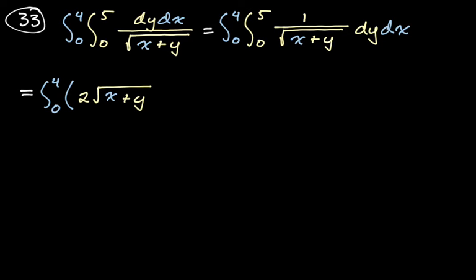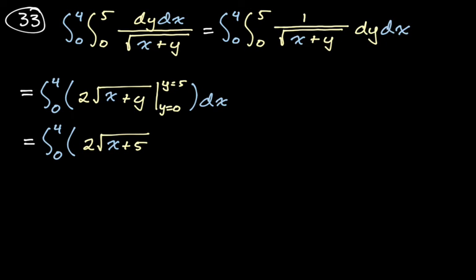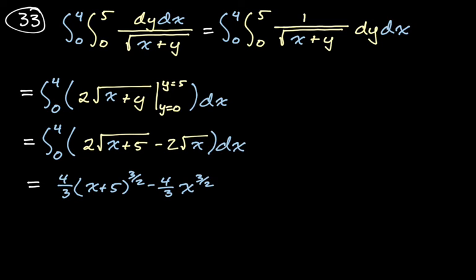We're going from y equals 0 to y equals 5, and then we'll take the result of that, integrate with respect to x. So if y is equal to 5, we get this. If y is equal to 0, we just get this. Now we integrate. This is very much a Calc 1 problem. Always think of radicals as a rational exponent. So square root of x plus 5, think of as x plus 5 to the 1/2. So here we will get 4/3 x plus 5 to the 3/2, and then minus 4/3 x to the 3/2